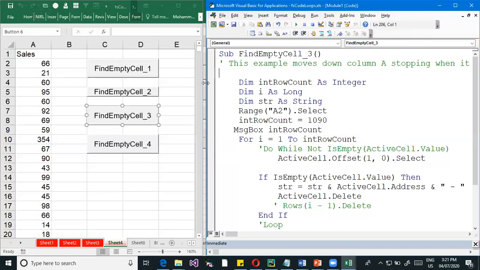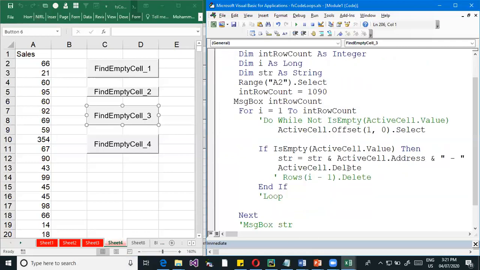Okay, fine. So understood with this one, is it? Now, whenever there are particular empty rows, you may want to do some task. You were just trying to capture the values, address, and all this. Sometimes you want to fill some values. So instead of deleting an empty cell, I want to say NA, or I want to put 0 in that. So what I do, I just say ActiveCell.Value is equal to, say, 0. So now any cell which is empty